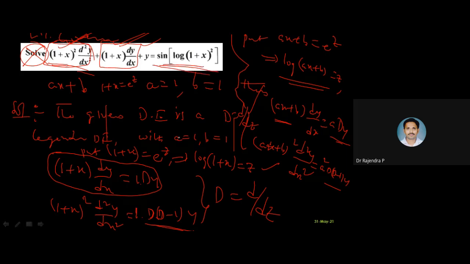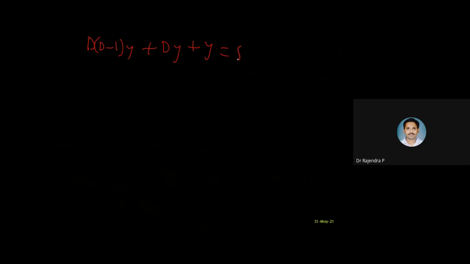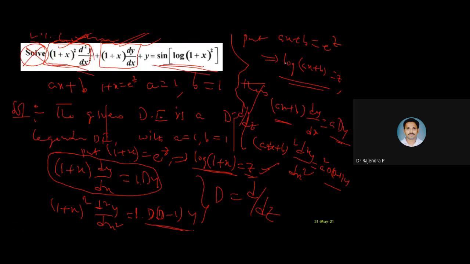on the right hand side, you have to substitute carefully. Suppose if you have e power z, directly I can substitute. If you have 1 plus x, directly I can substitute e power z. Suppose if you have logarithm of 1 plus x, directly I can substitute z. Even in place of 1 plus x also we can substitute e power z. What is going to happen here? Tell me. Sine of, okay, z square, yes, z square you are getting, logarithm of 1 plus x.